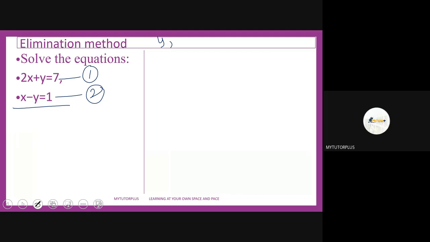So we add them. Focus on x and put a plus here, a bit far from x, so that you remember that we are adding them. Now, 2x plus x gives us 3x. Then plus y and minus y cancel each other because their coefficients are equal, right? Yes, sir. And that will be equal to